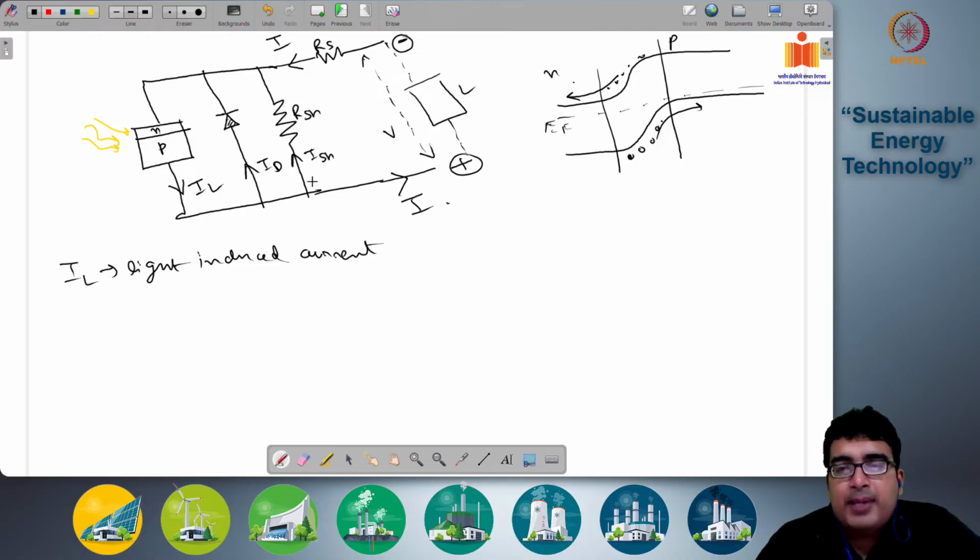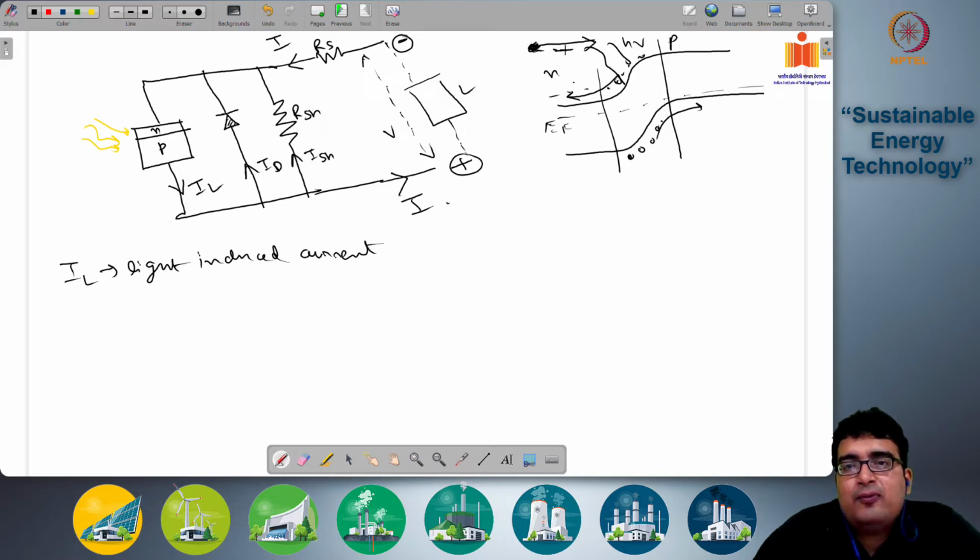So because of this external voltage, some electrons will have the ability to jump from the N side to the P side as well, given that it has sufficient energy. Okay. So whereas the actual major flow of electrons due to the presence of photons will be a flow of electrons this way and a flow of holes this way,